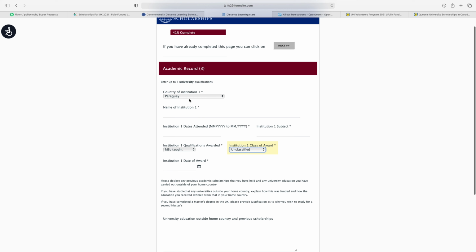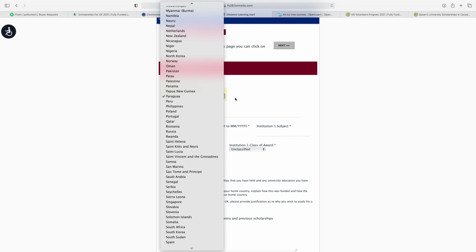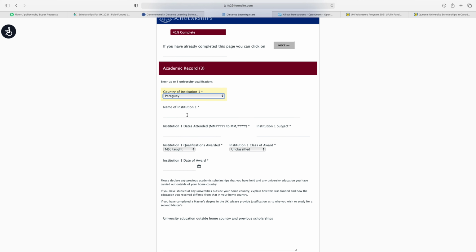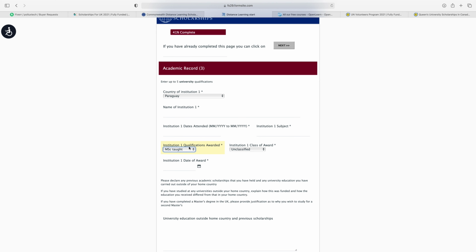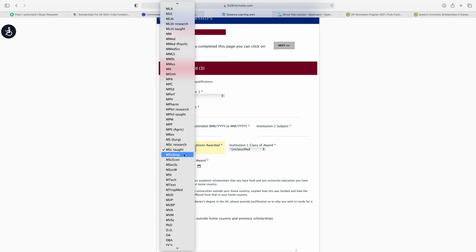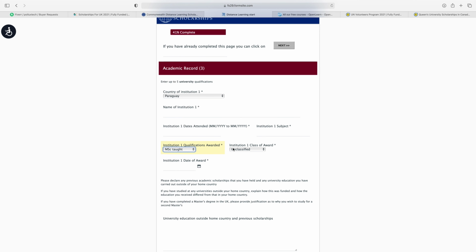Next is academic record. First is country of institution, so select your country here, and write the name of the first institution. Second is institution 1 dates attended, your degree completion time period, month and year, to month and year here. Then your first institution subjects, and your institution qualification award, select your degree name from here.